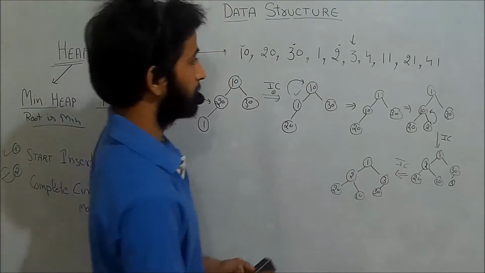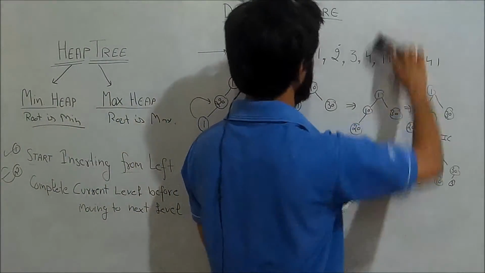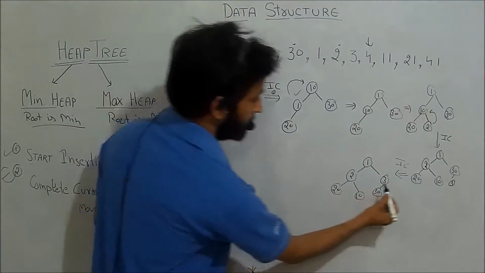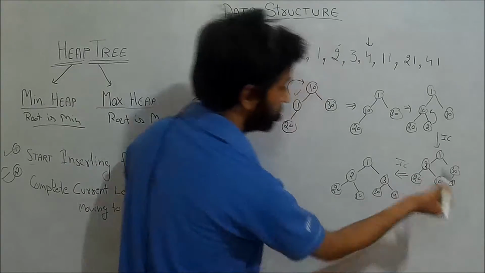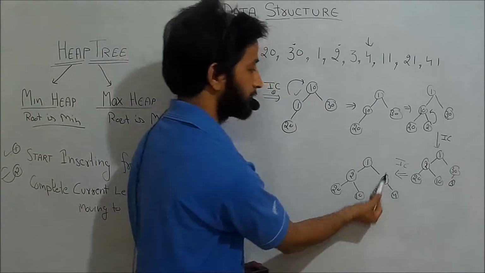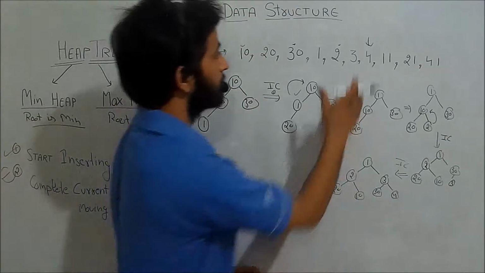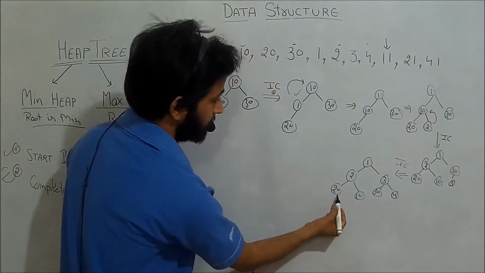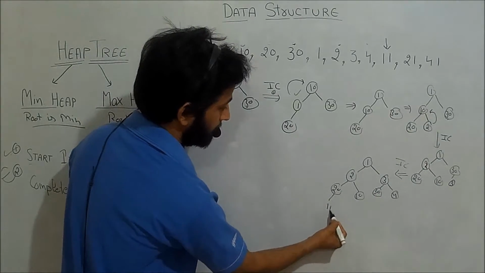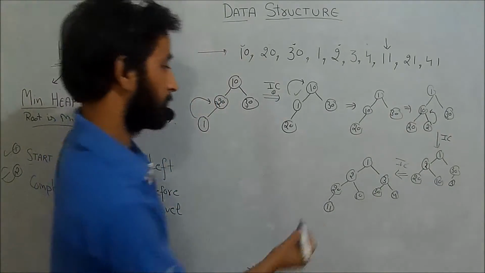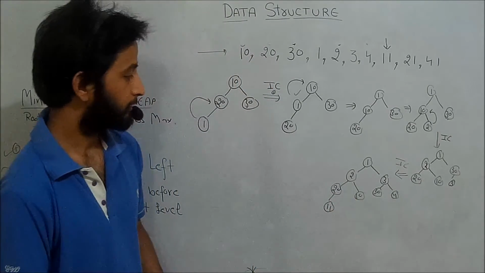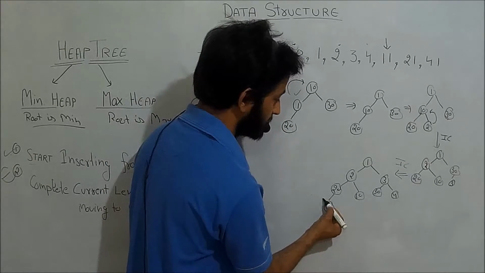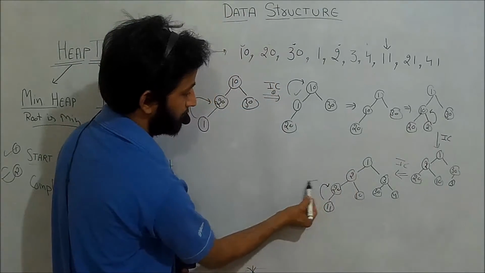Okay. So after this 3, the next element is 4. So 4 will be inserted at this position, and it is okay for that because the root element, which is 3, is less than 4 and 30. So after 4, the next element is 11. Okay, so 11 will be inserted here, but now 11 is not minimum, so I have to perform the interchange. Okay, so after performing the interchange,